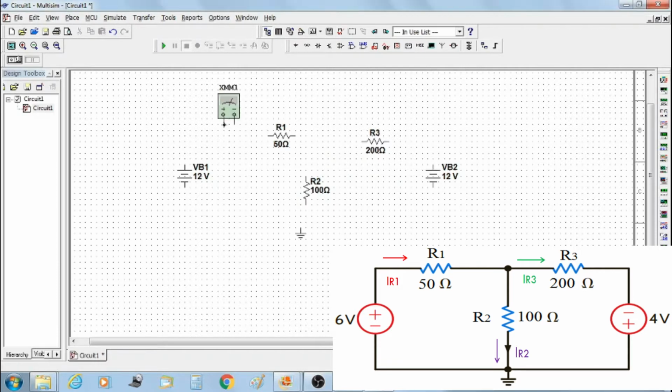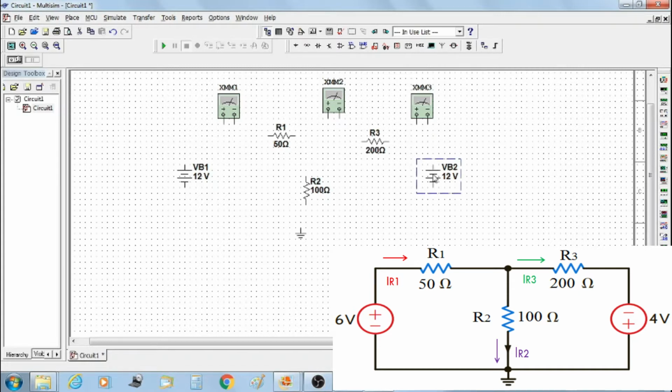This is multimeter 1 which measures the current through resistor R1. This is multimeter 2 which measures the current through resistor R2, and this is multimeter 3 which measures the current through resistor R3.